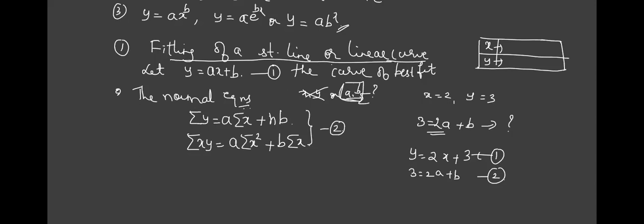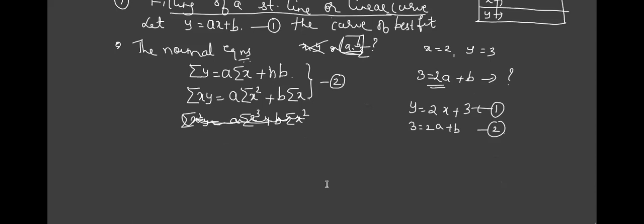Suppose there are 3 unknowns, I have to extend it. So I have to multiply by one more x here. If I multiply one more x for this equation, can anybody tell me what I'll get? If you tell that, you can understand how I have written it. Summation of x squared y equals a into summation of x cubed plus b into summation of x cubed. For the time being, this is not required because only 2 are enough, since I want 2 unknowns a and b. Is the procedure clear? It's not exactly a method. I'm telling you a shortcut way of remembering.